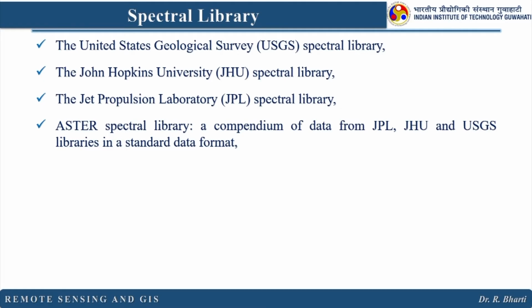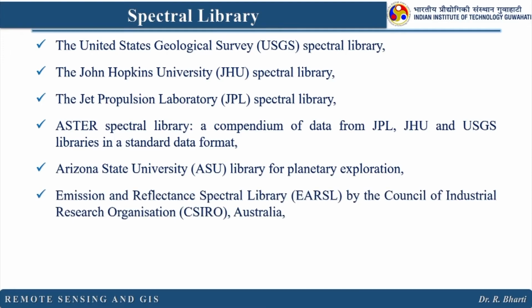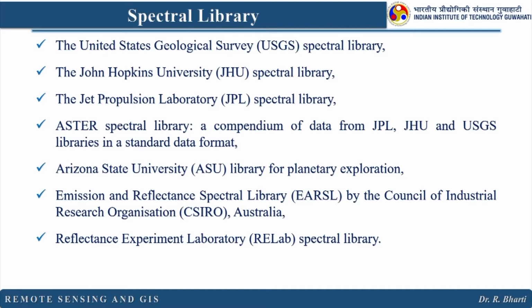These you can access by contacting them. Then next is ASU, the Arizona State University Library for Planetary Exploration. Then you have the Emission and Reflectance Spectral Library by CSIRO, the Commonwealth Scientific and Industrial Research Organisation, Australia. And the last one in this list is RELAB,